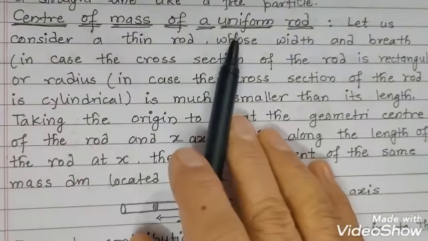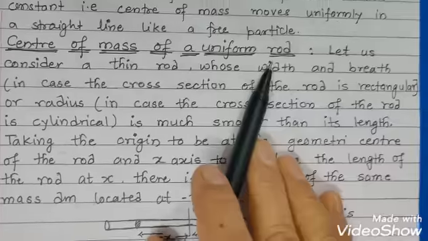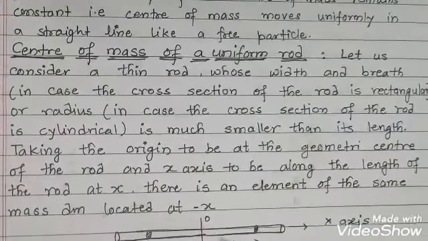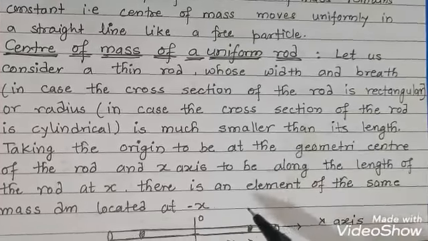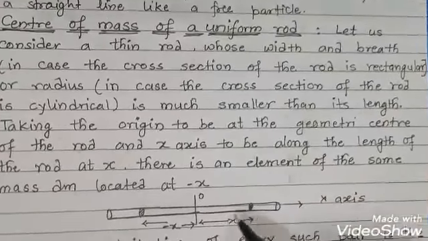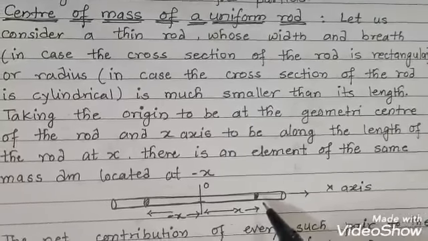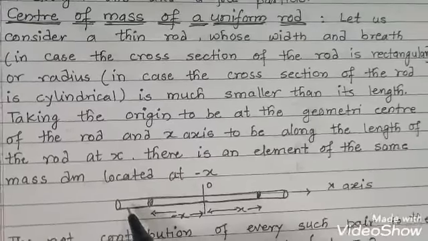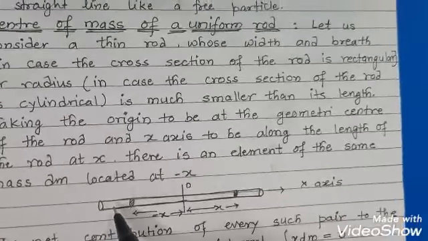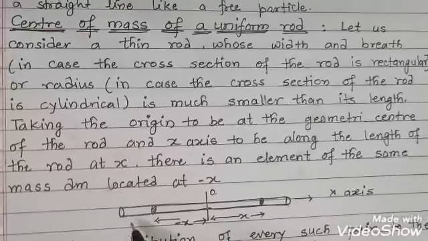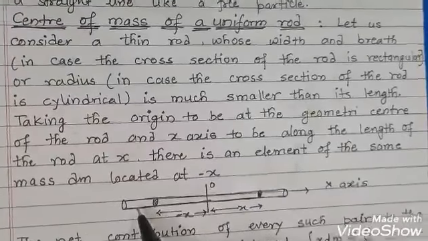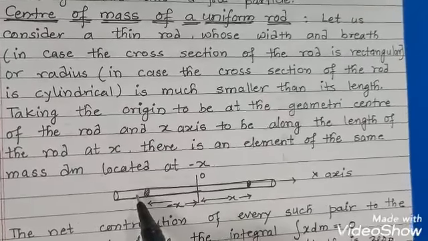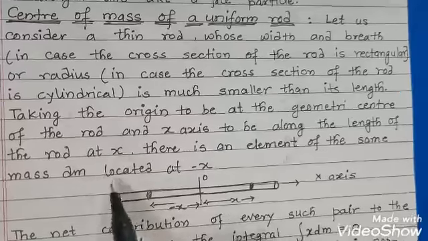Center of mass of a thin uniform rod. Let us consider a thin rod whose width, that is, in case the cross section of the rod is rectangular, or we will take radius in case the cross section of the rod is cylindrical. So if either the radius or the width of the rod is much smaller than its length,